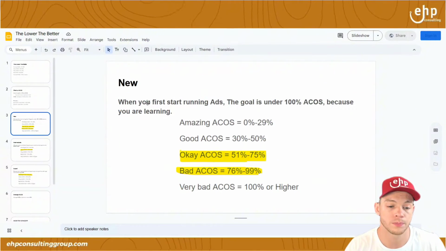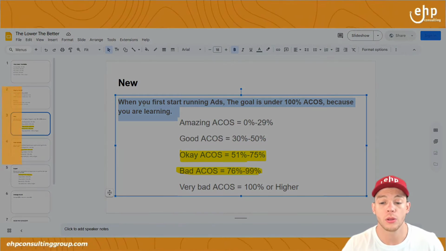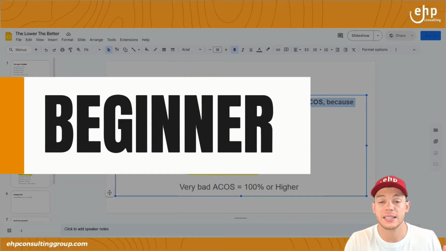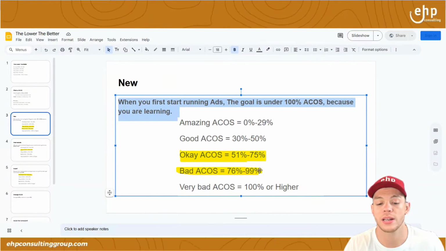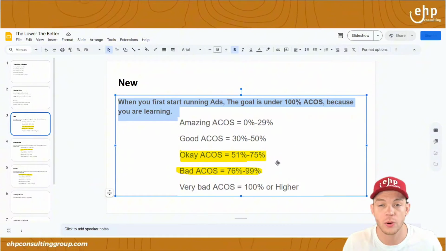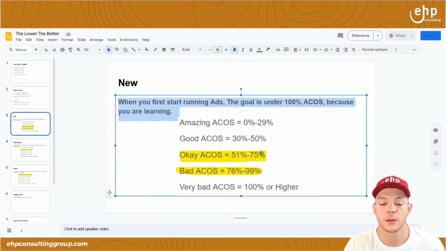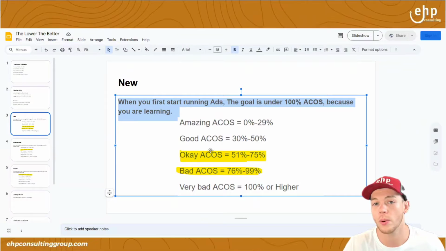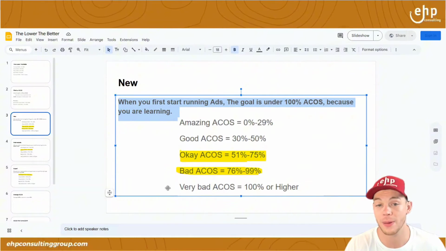And so on. When you first start running ads as a beginner, your first goal is to get it in one of these two categories, which is the okay or the bad. Because you're a beginner, right? You're learning. Maybe the product's not that good. Maybe you don't have reviews. It's okay that it's not amazing at first, right? Nobody starts off amazing usually. Maybe you do, but it's hard to maintain. So just try to get into one of these areas and try to stay out of the very bad ACOS,